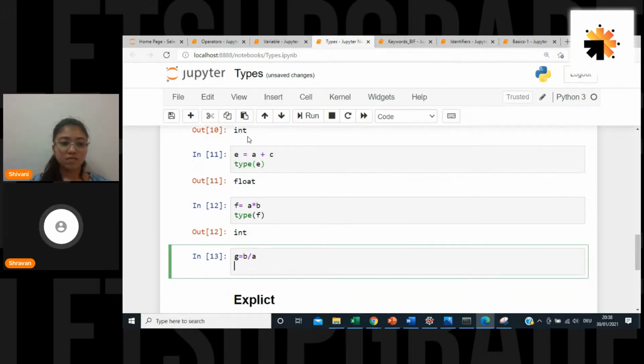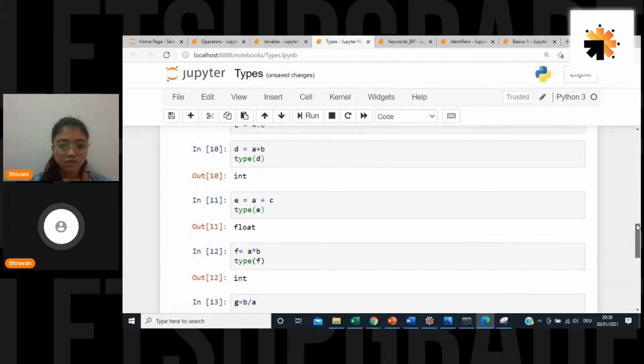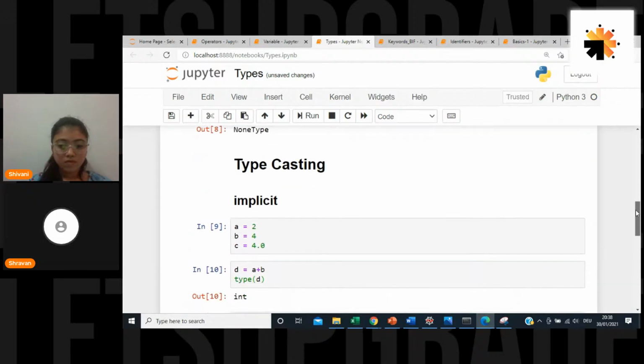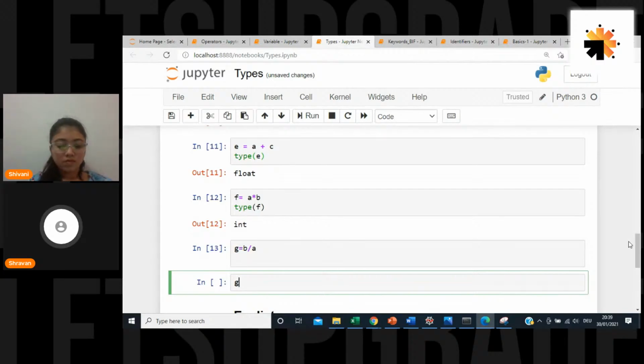And if I check the value of g here, can anybody tell me? b is nothing but 4 and a is nothing but 2. When I run g is equal to b by a, what would be the value? Can you people please type in chat?